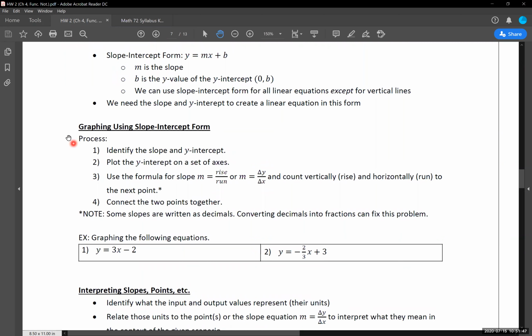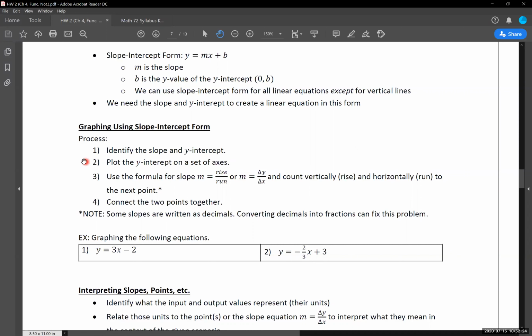So the way that we're going to do that, first and foremost, you need to identify the slope and identify the y-intercept. Again, when you are doing this, I think it's extraordinarily helpful to make it abundantly clear to yourself what the slope is and what the y-intercept is. You'd be given an equation, which we'll go through some examples of, and then write out for yourself, this is my recommendation, slope equals, or m equals, and then whatever that number is. Write out y-intercept, and then write out what that ordered pair is going to be.